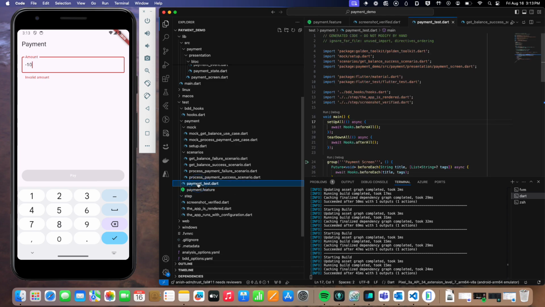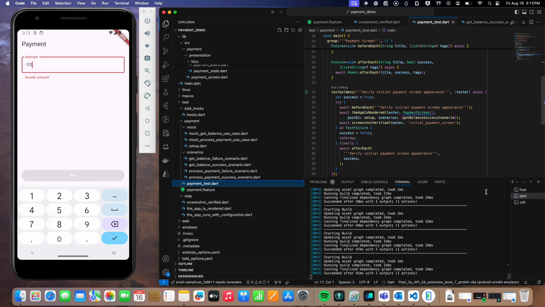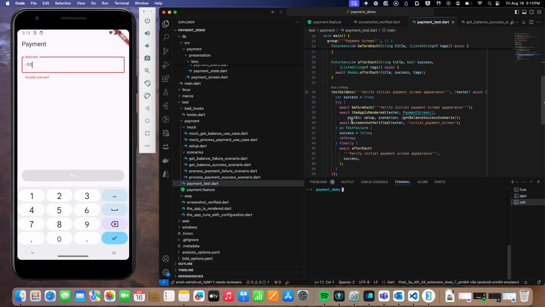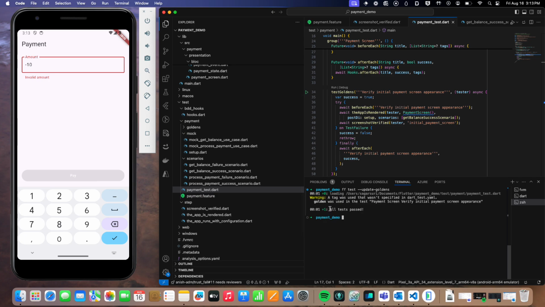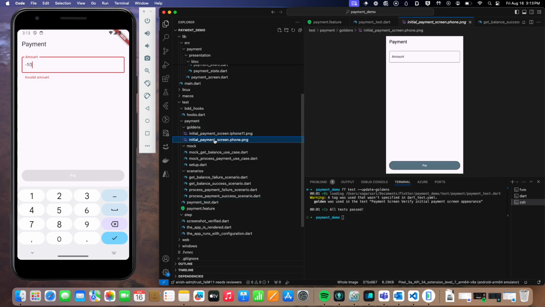Yes, and now the test has been generated successfully. Since this is a golden test, I'll try to generate the golden test for this. As you can see, the test has passed. I should be able to see all the golden files. As you can see, the golden file has been generated, or the screenshots have been generated. And if I do flutter test,